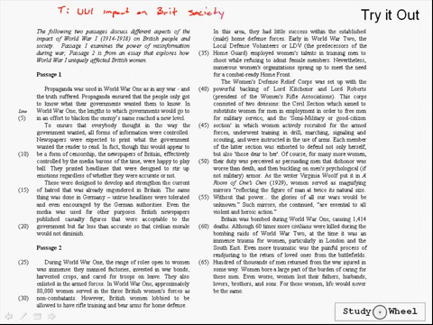Okay, passage 1 examines the power of misinformation during war. So this one's talking about misinformation. Passage 2 is from an essay that explores how World War I uniquely affected British women. Okay, so let's go ahead and read passage 1, outline it, then we'll go on to the answers and solve them. Okay, so propaganda was used in World War I as in any war, and the truth